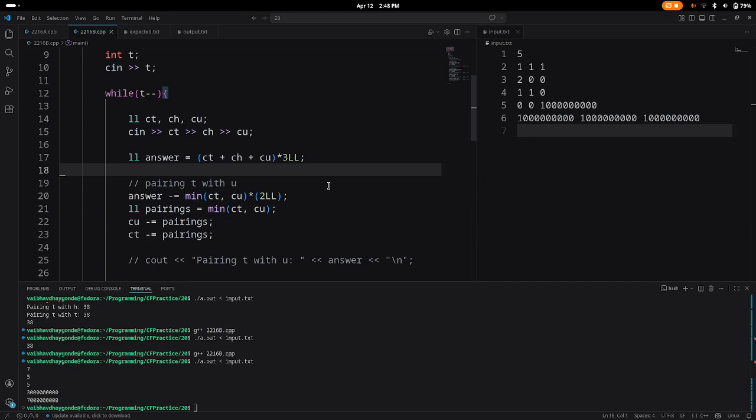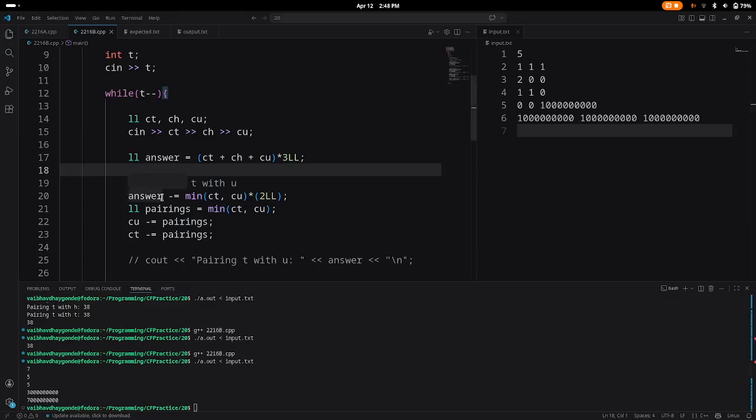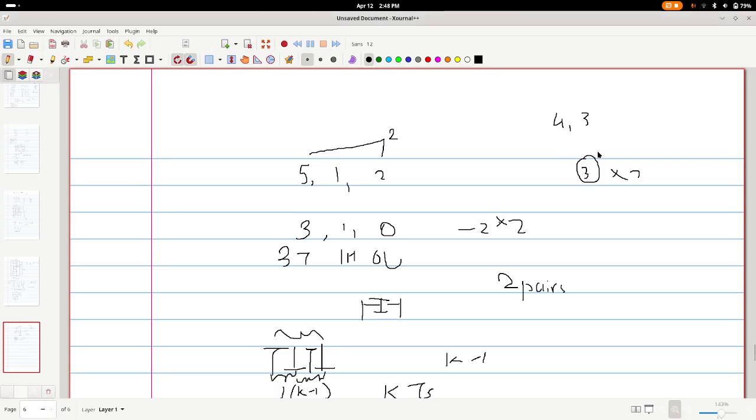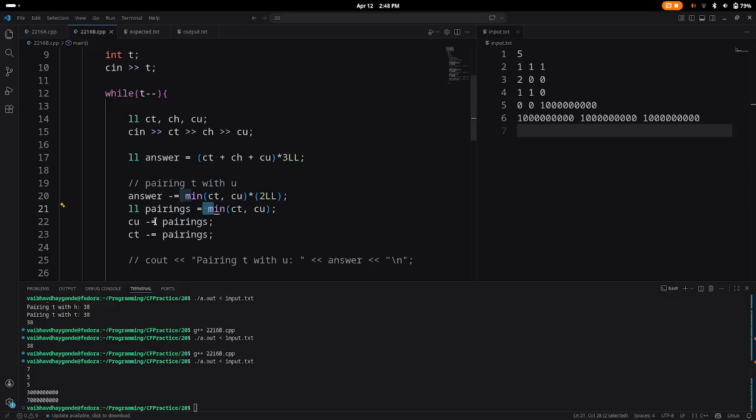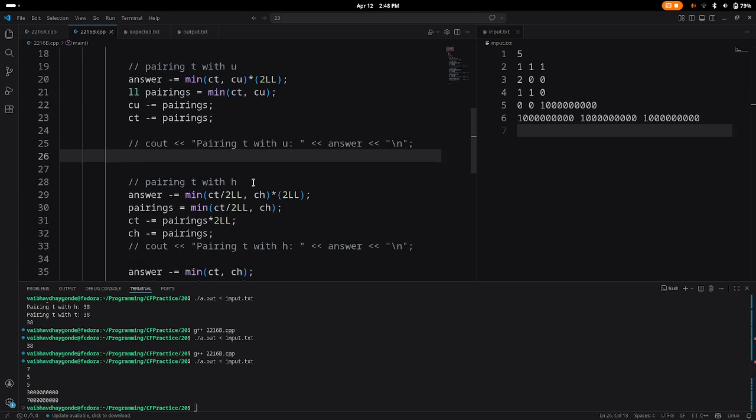If the values of CT and CU are, let's say, 4 comma 3, then how many pairs can we make? The answer is obviously 3. So we are reducing 3 into 2 from our answer. I'm recording pairs, and how many pairs did we make? 3. And I'm reducing 3 pairs from CU and CT respectively, as they have been used. So my second step was combining T with H,